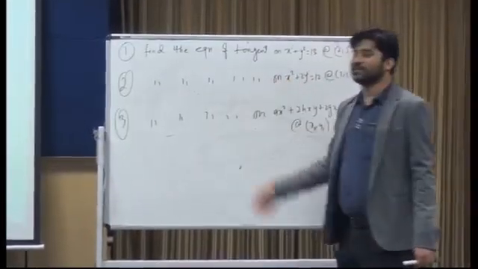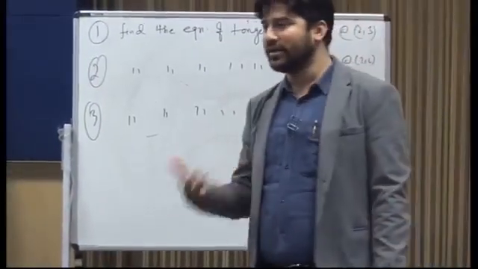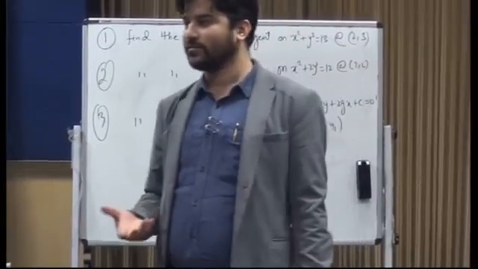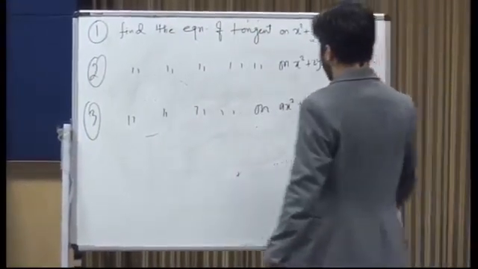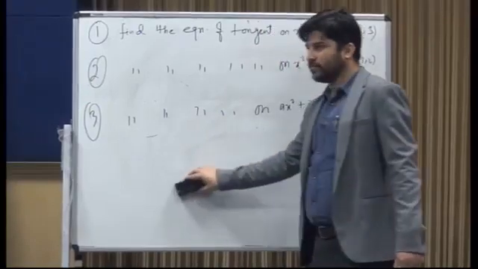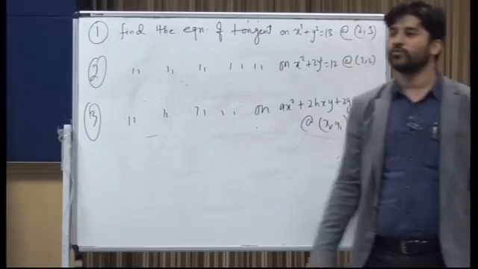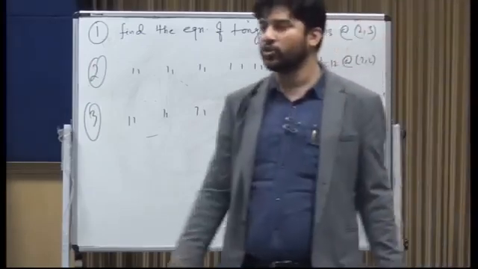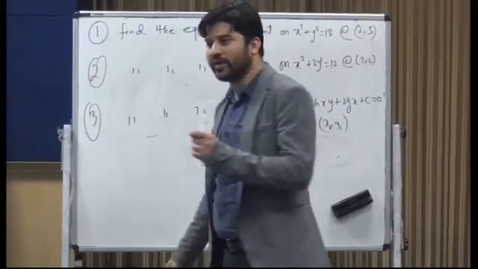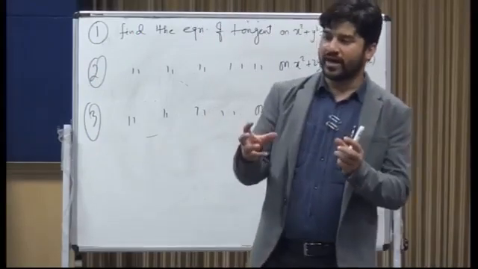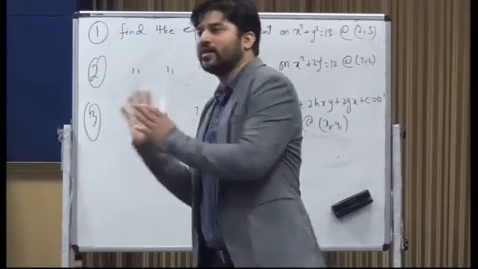But these methods are not very good when the point of contact is given. As you can see, you need a lot of calculations, right? But if you observe, in all the three questions, we are interested in the slope. We are interested in finding the slope because the point of contact is given. So if I have the point of contact and the slope, then I can easily write the equation of the tangent,